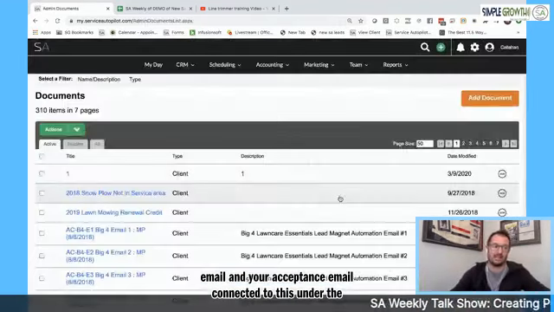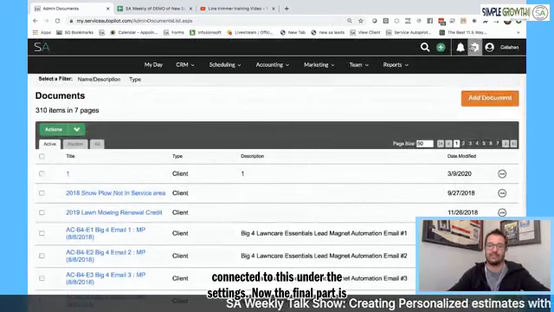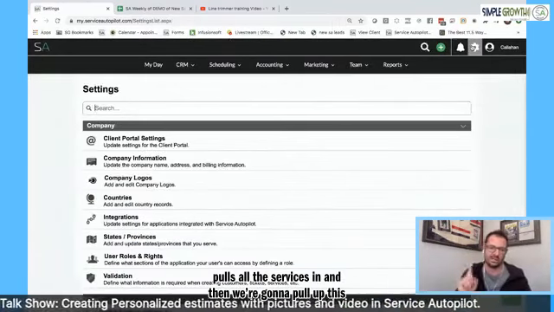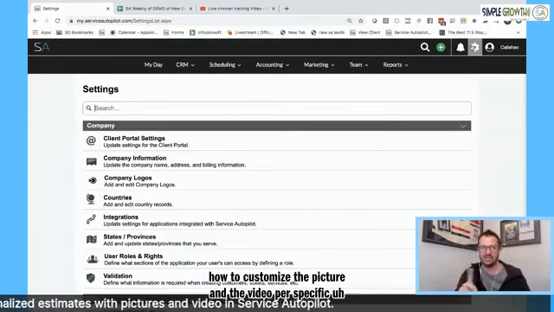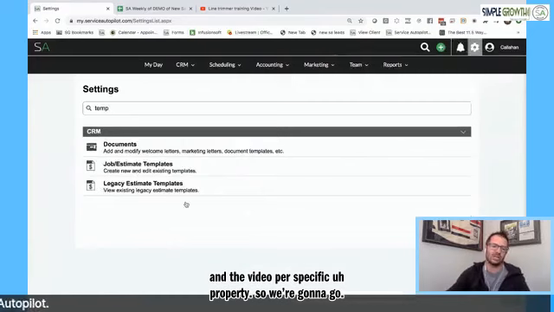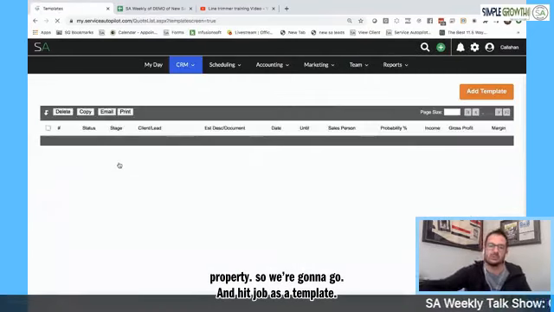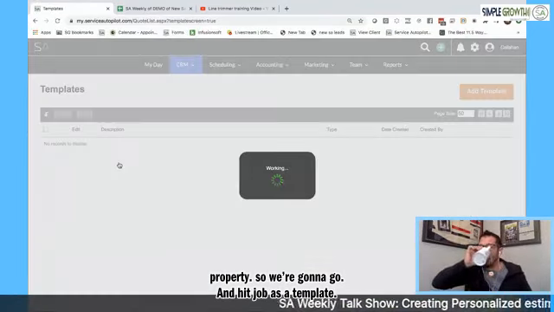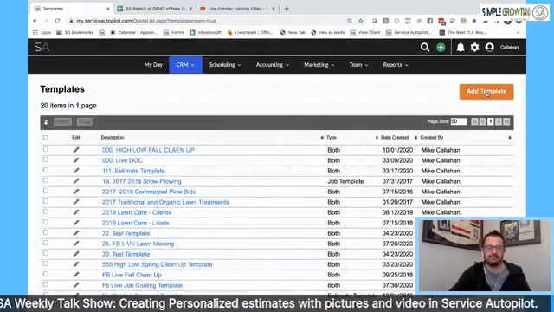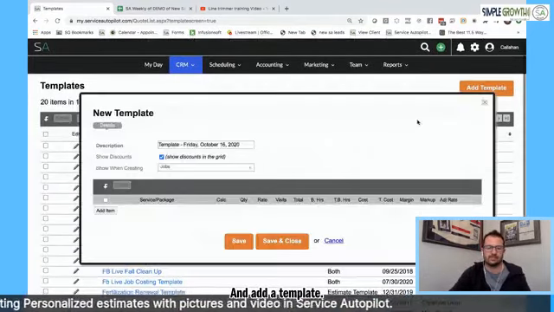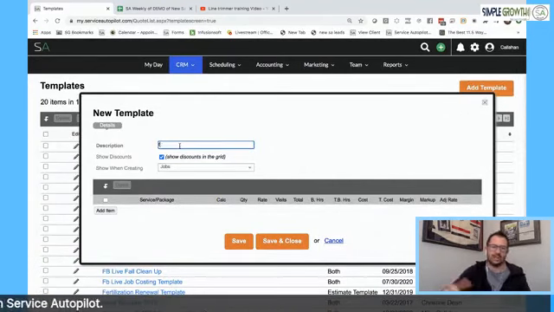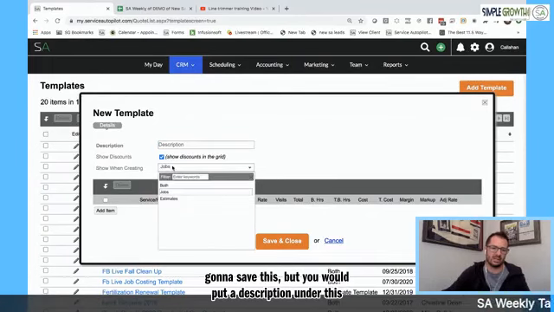this under the settings. Now, the final part is we want to create a template that pulls all the services in, and then we're going to pull up this document and show you how to customize the picture and the video per specific property. So we're going to go in and hit job estimate templates. And add a template. And actually, I'm probably not going to save this, but you would put a description under this, show when creating,